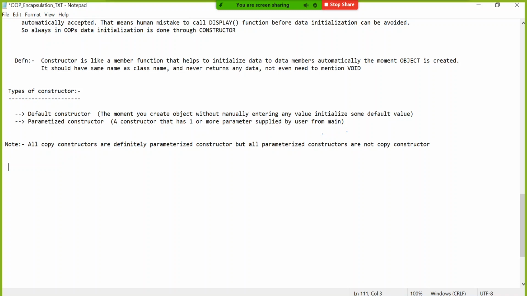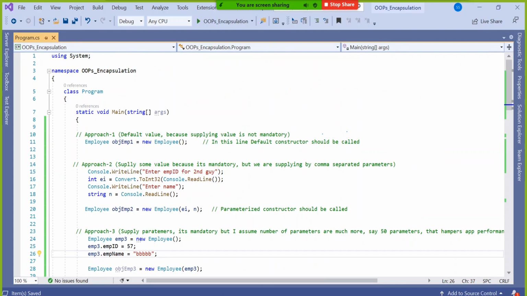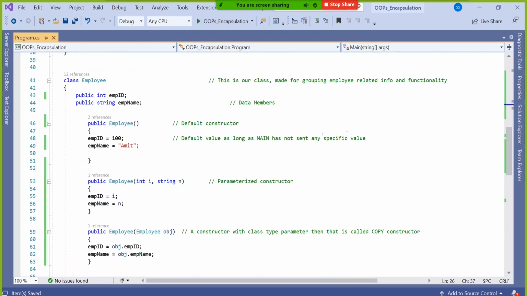I mean, I want to make it private, but still I want it to be exposed there. What is the way? The answer is property. Very good feature actually. Going forward in your real-time projects, you will be using variables very less. In 99% of cases you will be using property.